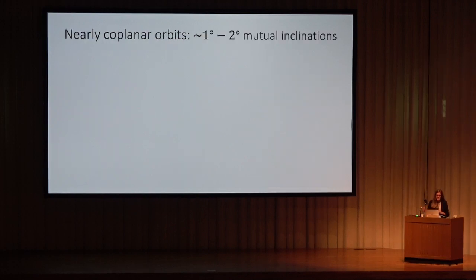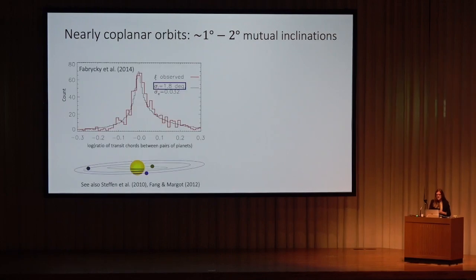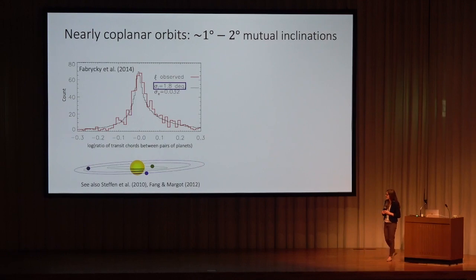Given the low eccentricities, it should come as no surprise that the mutual inclinations are also very small, sort of in line with our expectations based on dynamical equipartition. So just as the transit durations can help constrain the eccentricities, the transit duration ratios between pairs of planets can help constrain the mutual inclinations. Specifically, the ratio of the transit chord lengths between pairs of planets within the same system is sensitive to the mutual inclination. Fabrycky et al. in 2014 modeled this distribution and found that the mutual inclination dispersion was most consistent with around 1 to 2